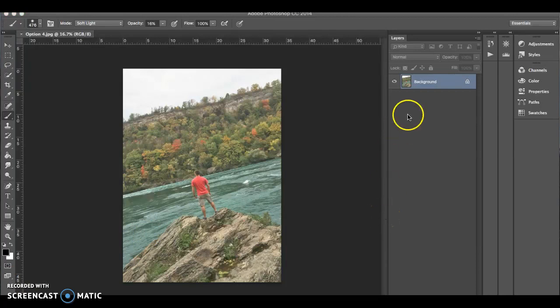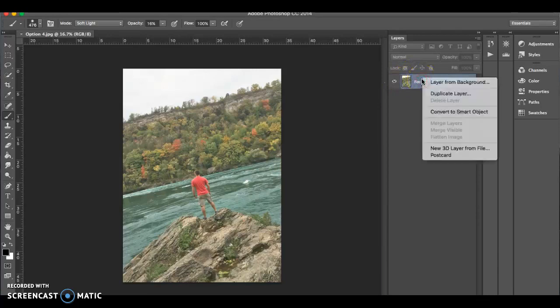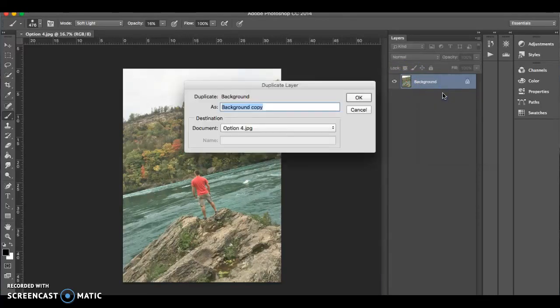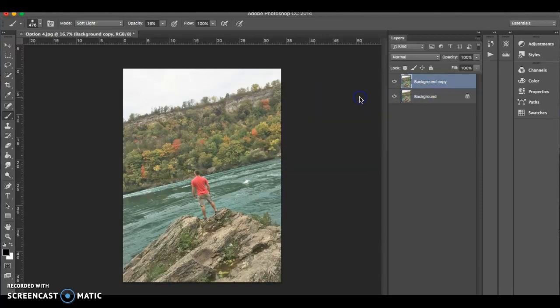To duplicate your layer, you can go into your layers panel, which depending on how you have your workspace set up, it could be in a different place. My layers panel is over on the right side of Photoshop here, and you can see my background image. I'm going to duplicate it by right-clicking on the layer, and then I'm going to hit Duplicate Layer. I'm going to save it as background copy. I'll hit OK, and then I have a copy of my background in case I don't like the edits that